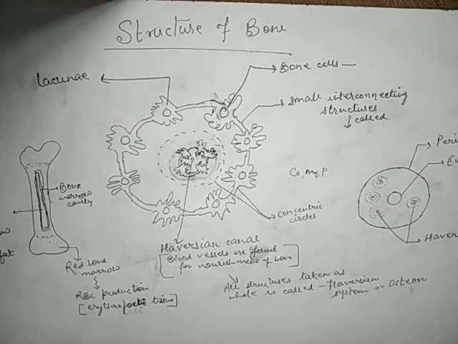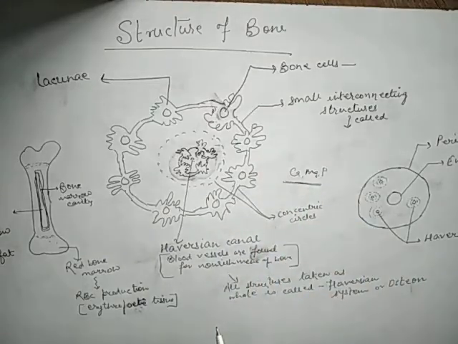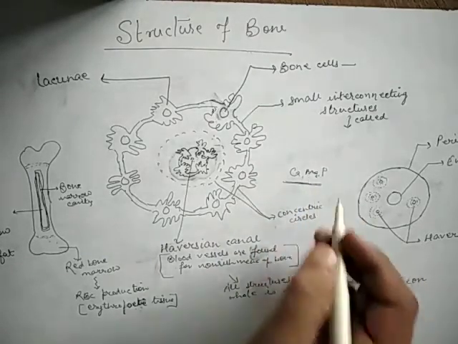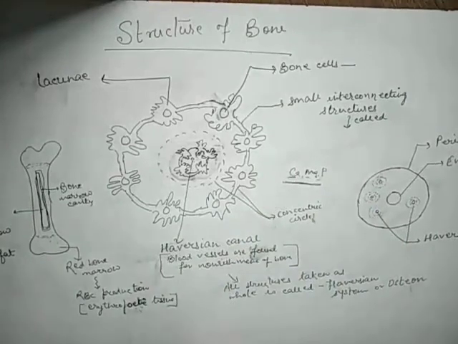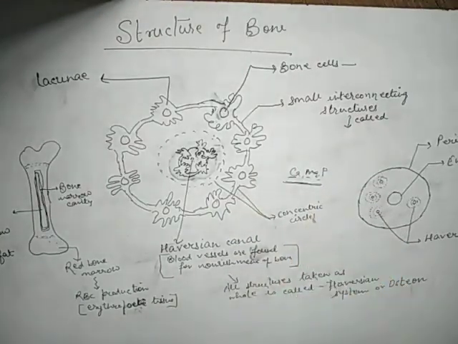Today we have a diagram about the bones, or the structure of the bone. Bones basically are hard, mineralized connective tissue. It is formed of inorganic salts of calcium, magnesium, and phosphorus. So the elements found in the bones are the salts of calcium, magnesium, and phosphorus. This makes bones strong and rigid.